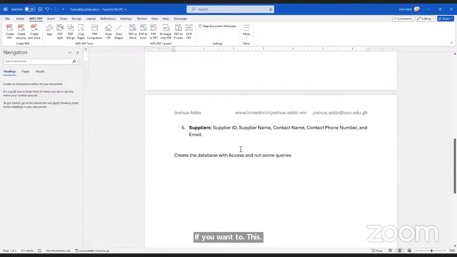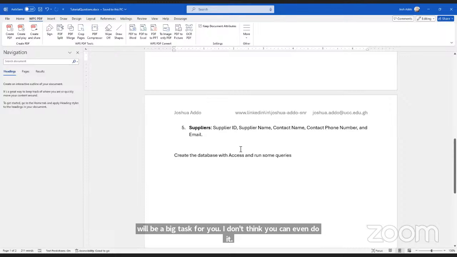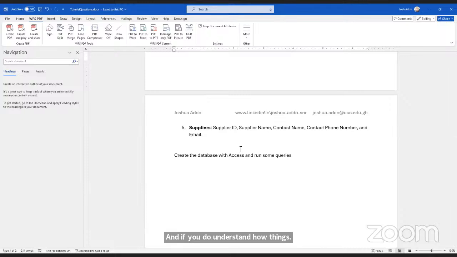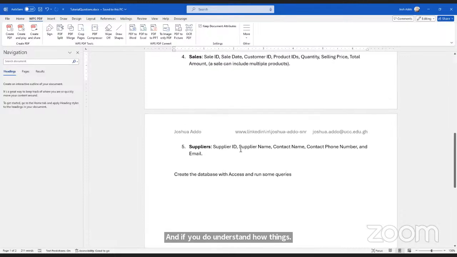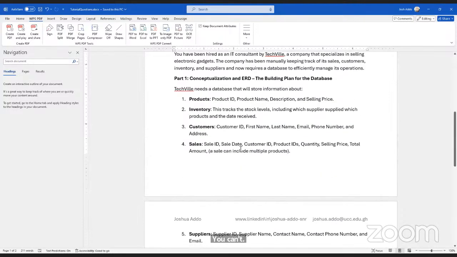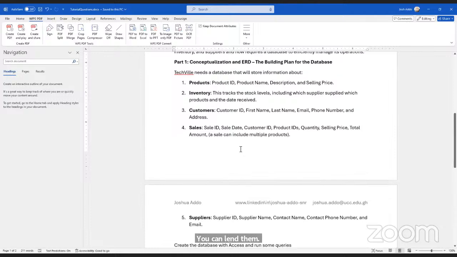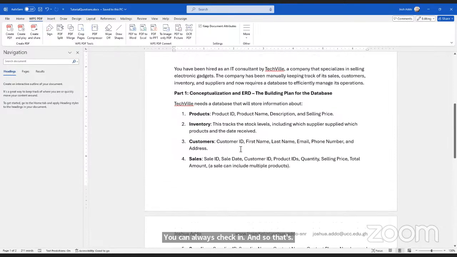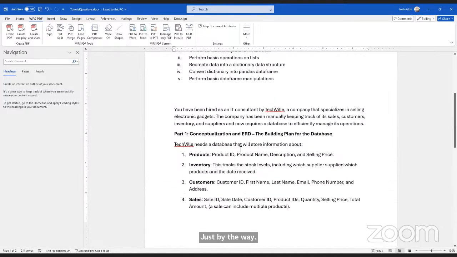I don't think you can even do it. And if you don't understand how things work out, you can't understand them. You can't learn them. You can only fake learning them. Okay, so that's just by the way, just to help you revise around these stuff.